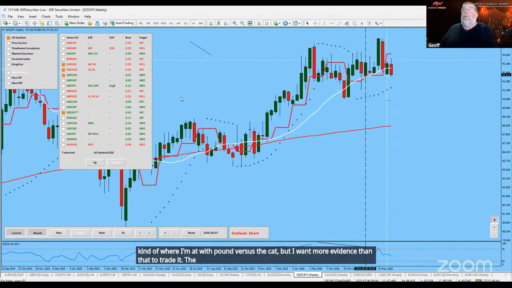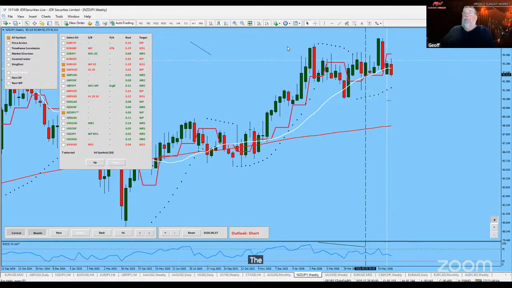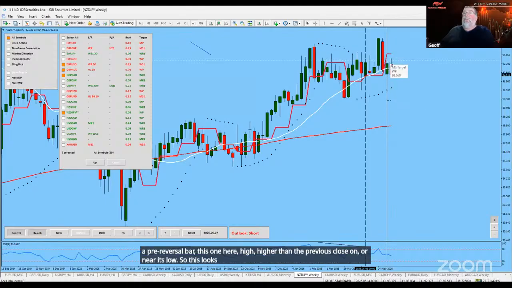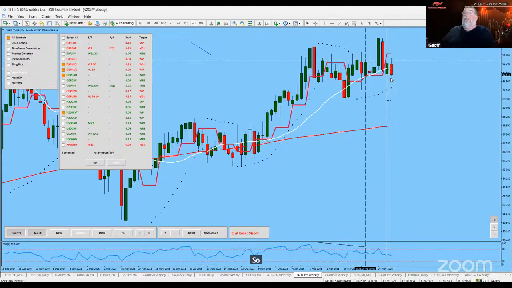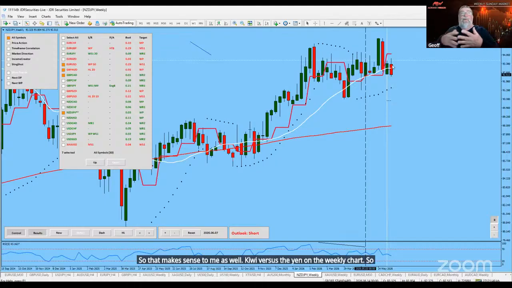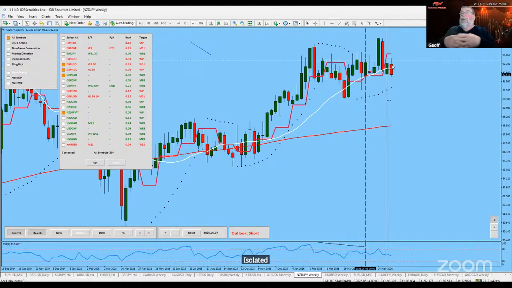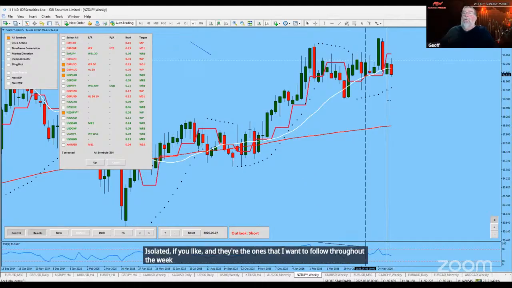The other one on my watch list is Kiwi versus the yen. The reason for that is I've got a double top here. I'll call that an engulfing bar, and I'll call that a P reversal bar, this one here, higher than the previous close on or near its low. So this looks set. And of course, you've got a break and retest of that moving average again. So that makes sense to me as well. Kiwi versus the yen on the weekly chart. So they're the biases that I've isolated, if you like, and they're the ones that I want to follow throughout the week. But now I want to take you to